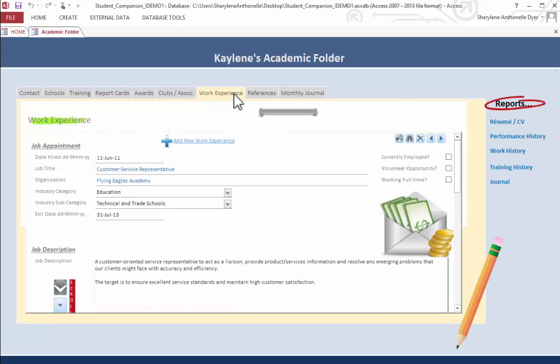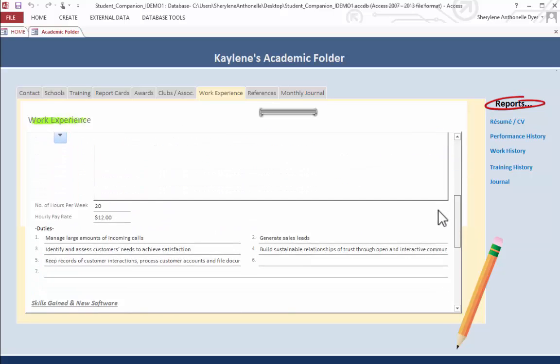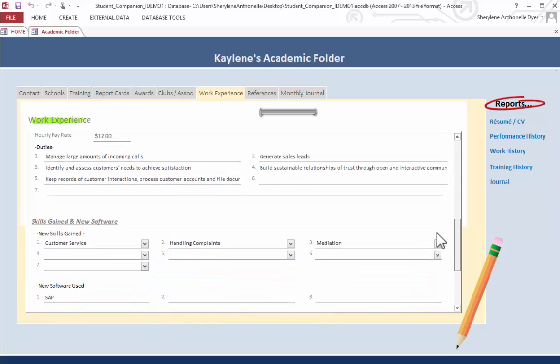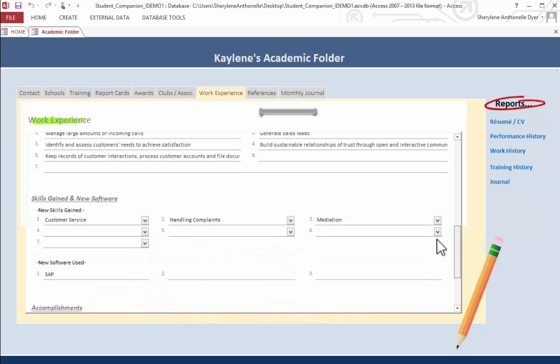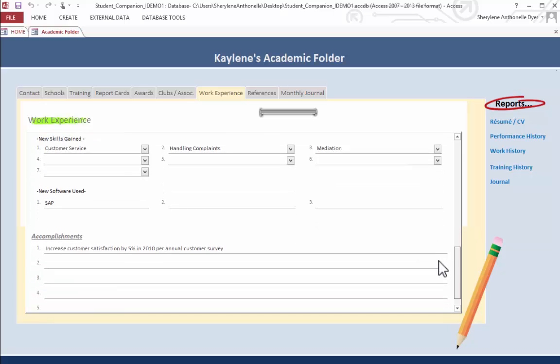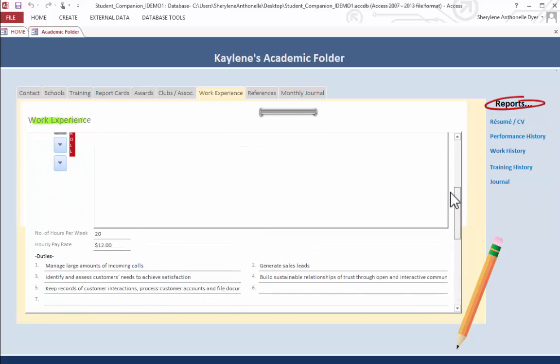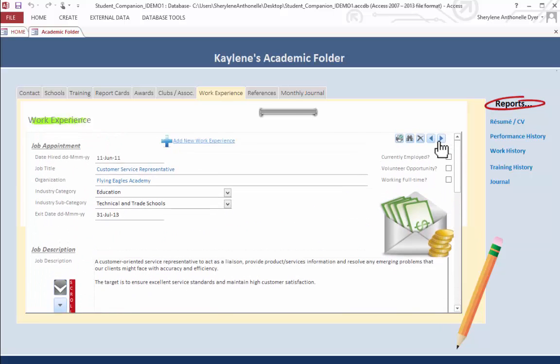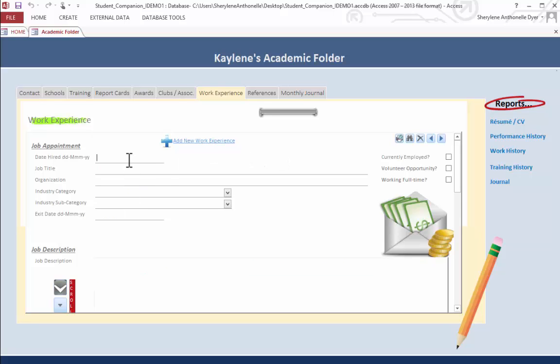So for work experience, again, I did an example for you. So in this case, you would see it's divided into several sections: the job appointment, the job description, your duties, whatever skills and new software you've gained and used, and any accomplishments you've had. So pretty straightforward. But let's do a working example. So to add a new work experience, I will click Add New Work Experience, and I will go ahead and